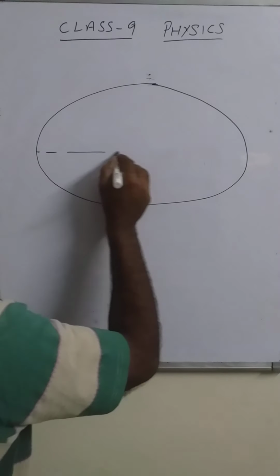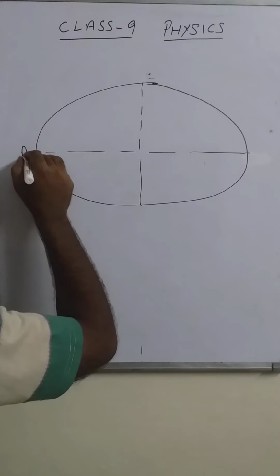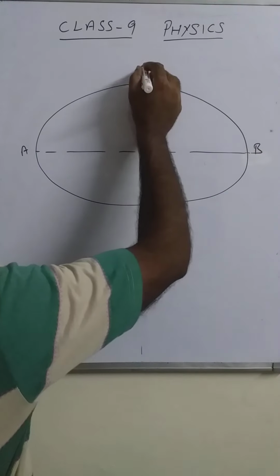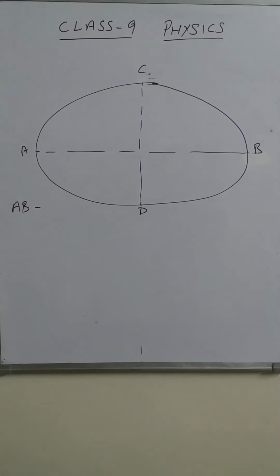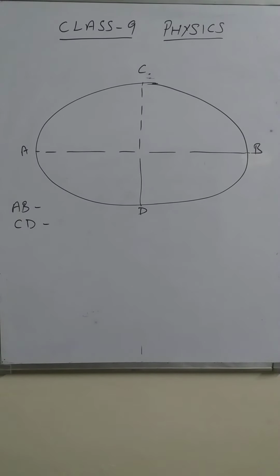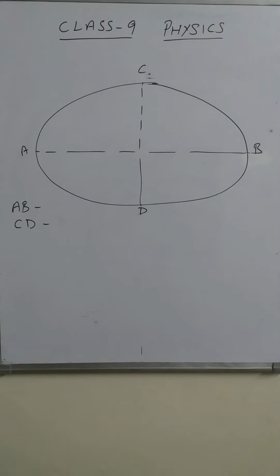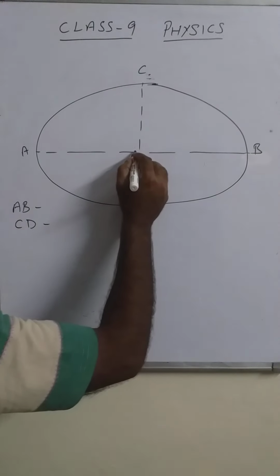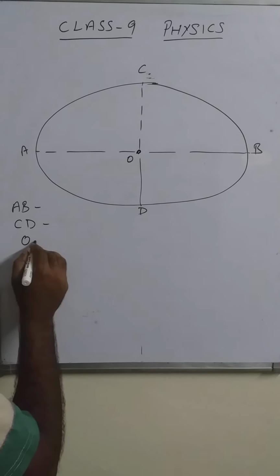Let us take, this is the equator and this one is the pole. Here you see, let us take these 2 points AB, CD. Now AB is the equatorial diameter, CD is the polar diameter, and both the diameters are different in length. That's why I take the radius of earth as the average radius of earth. It is not the exact actual value of the radius of earth. Here let us take, this is the center of earth, right? So now we can take OC or OD.